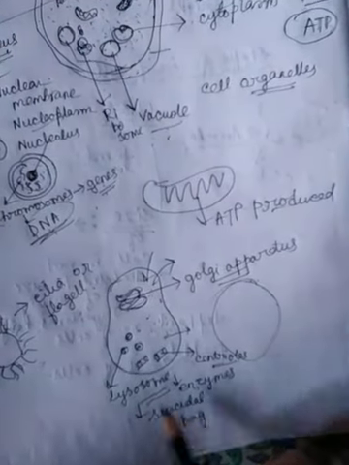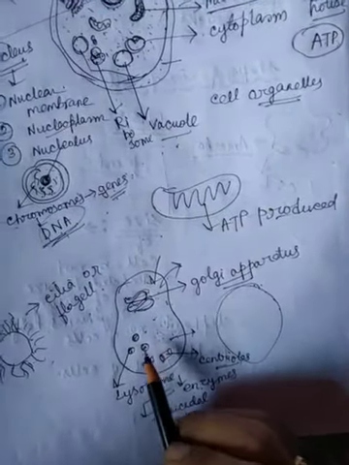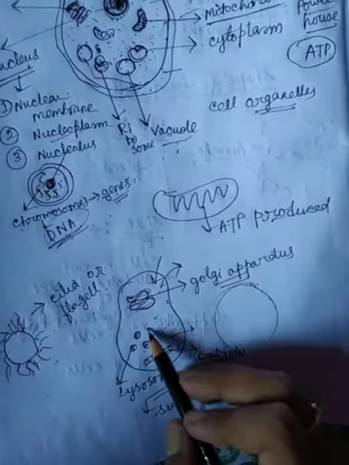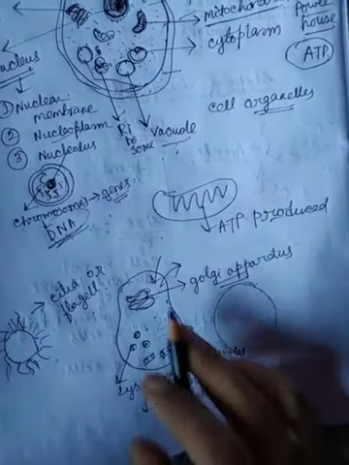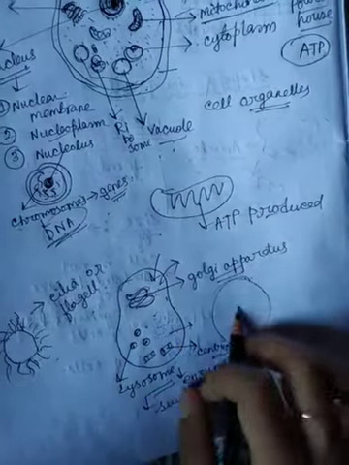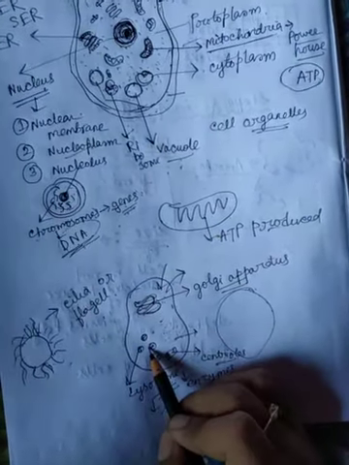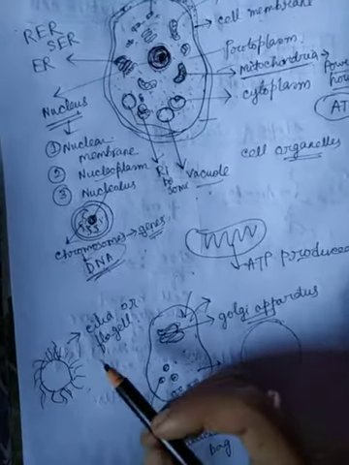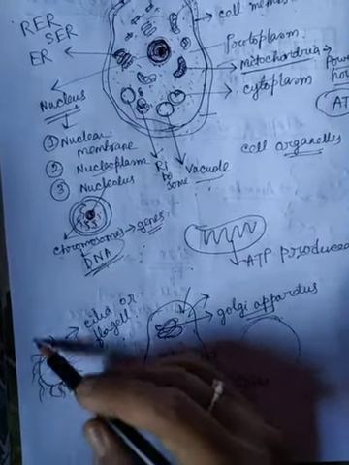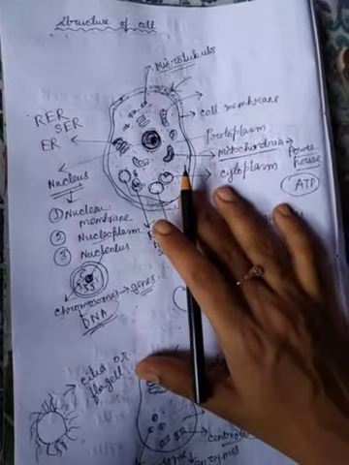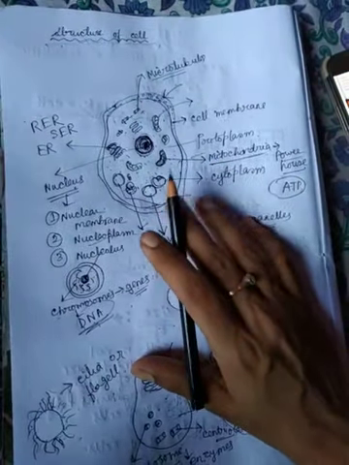Why? Because when the total cell is damaged, the lysosome that contains enzymes, these enzymes break down the molecules or particles of the damaged cell so that they can be easily used by the nearby cell. This is the lysosome. And in some cases in the cell, outer hair-like structures are present. This is called cilia or flagella. So this is the overall structure of the cell, though the structure is not the same in plant or animal cell.